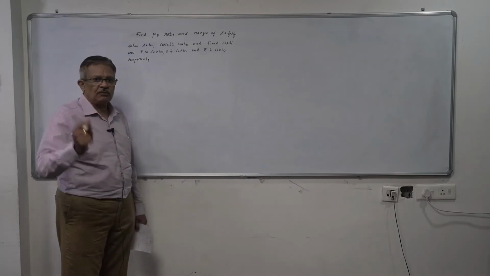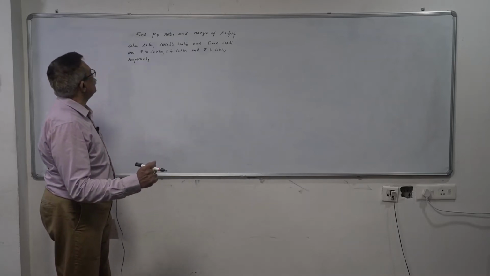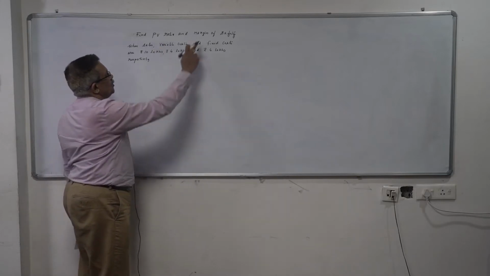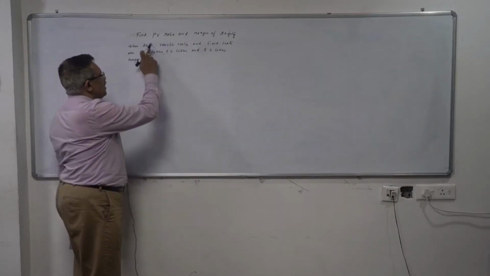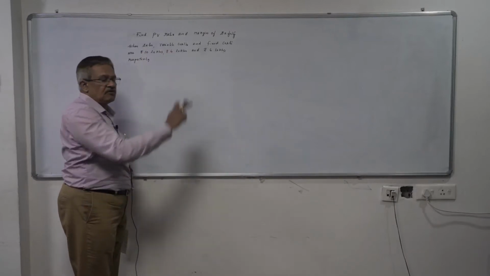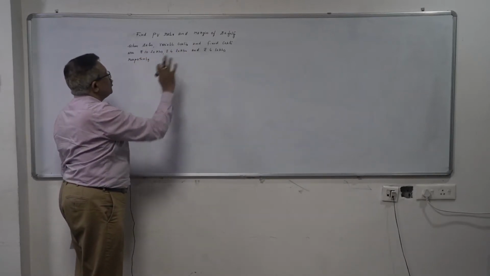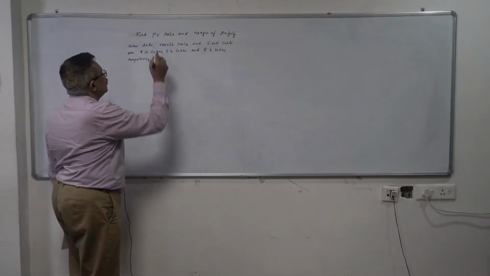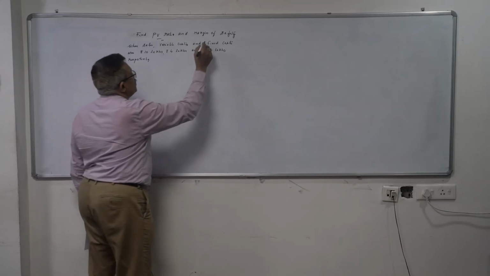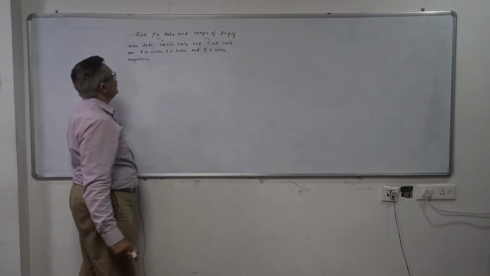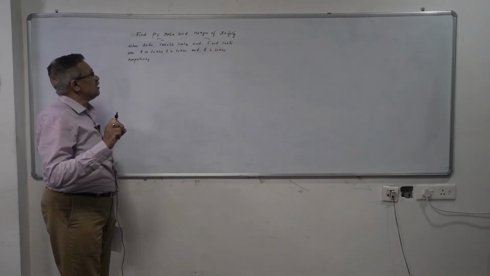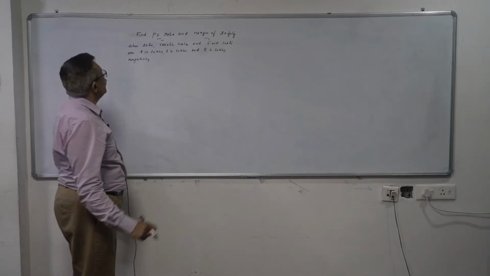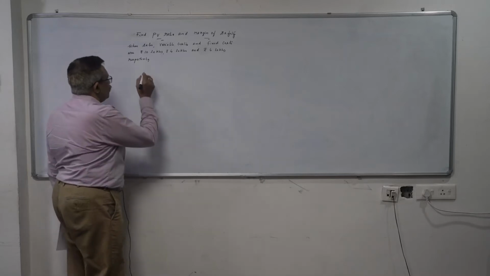Let's move on to the other problem. Here, he wants us to find out the PV ratio and the margin of safety, when the sales, variable costs and fixed costs are given to us. Let me repeat. He wants us to find out the PV ratio and the margin of safety when the sales, variable costs and fixed costs are given to us. Now, we know that